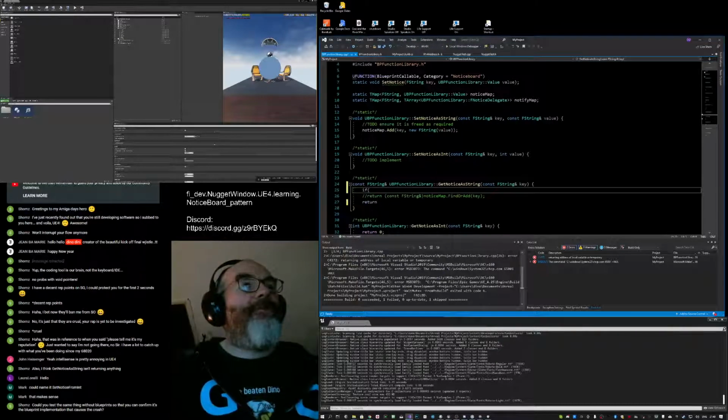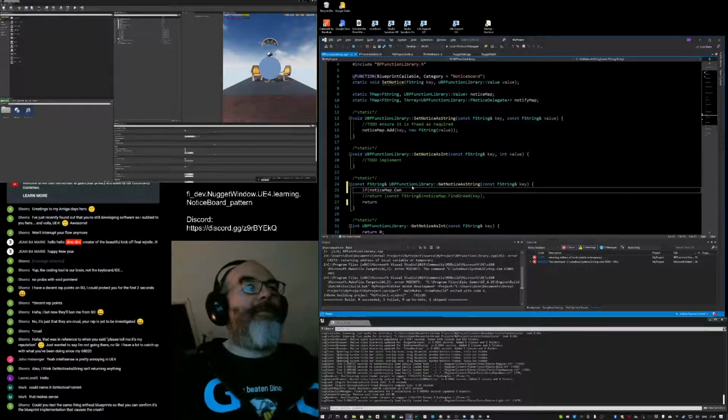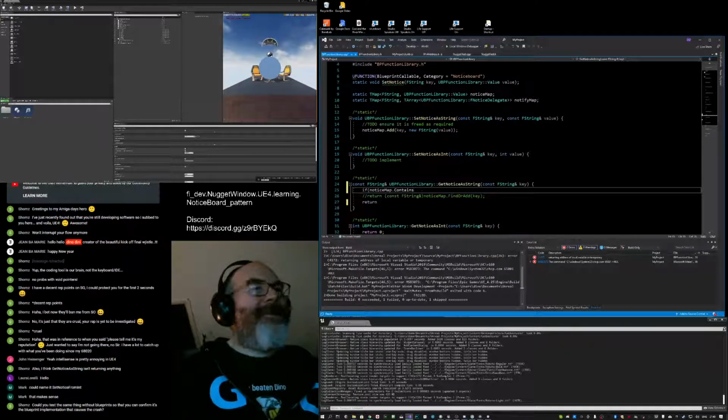So if notice map dot contains, what if notice map contains key? See, that was IntelliSense distracting me again.